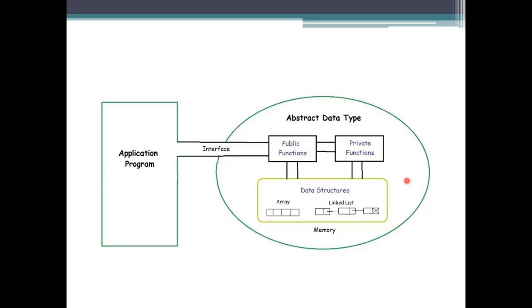And what type of data structures it is supporting here is arrays and linked lists in that function. So you can make an array representation of the data or a linked list representation of the data. These functions we are using will access the data elements which are being used for their implementation. And the application program has no details about what it is performing, how it is performing here.